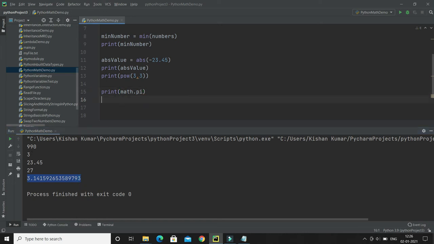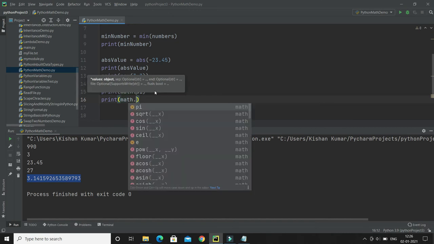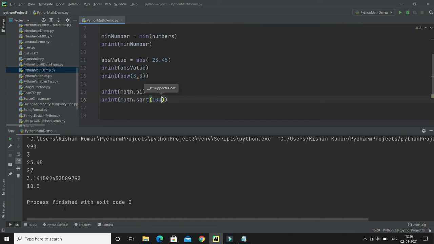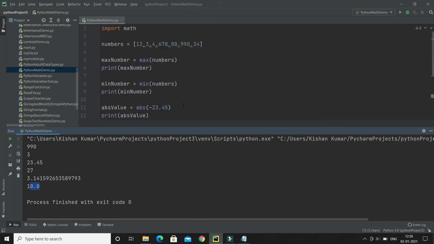Now this is one of the constants I have access to, but apart from that, let's say I would like to use sqrt, which basically calculates the square root of any number, and let's say I'm passing 100. It will give the square root of 100, that is 10, right? Now I would like to talk about a couple of more important methods, but before that,